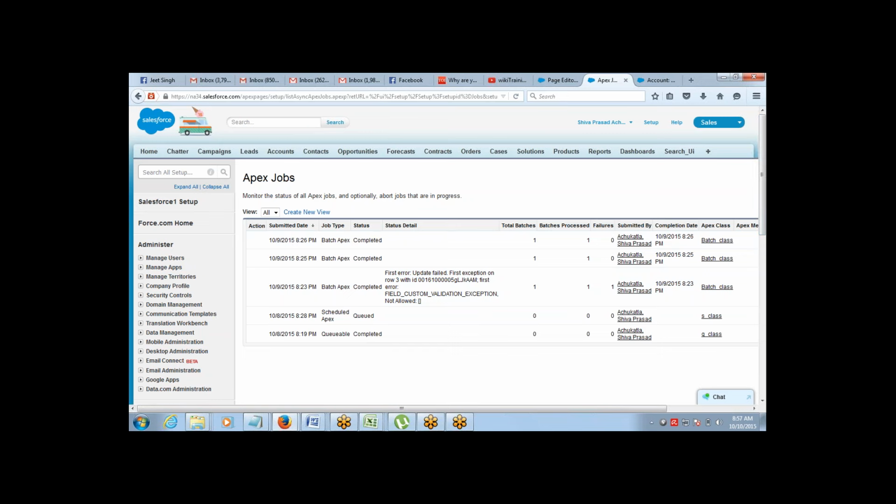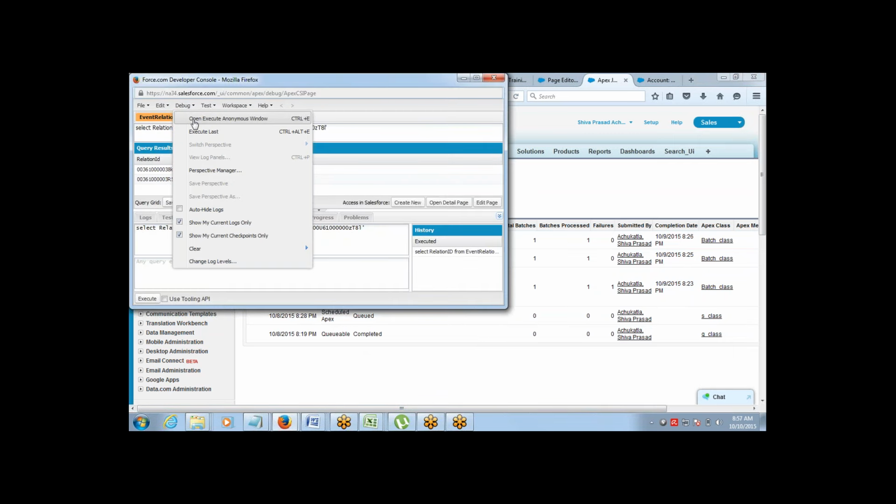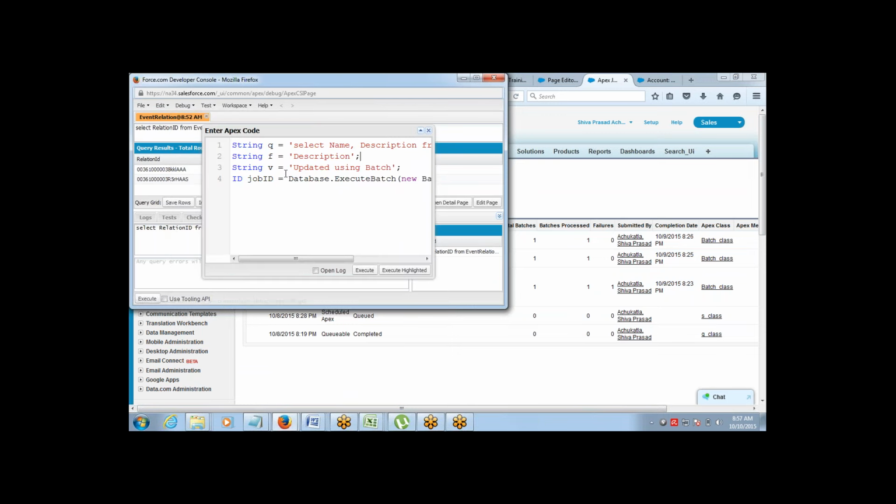Now, if you want to use this same batch Apex for updating some other field, we have seen the description got updated. If I want to use this for updating industry, first I should include the industry field in the query. Then in the field I should make it industry, and let's say I want to update all the industries to education.